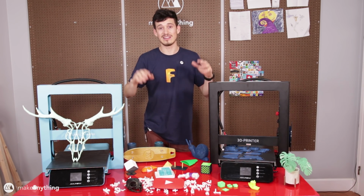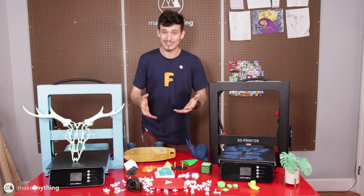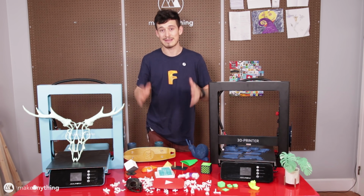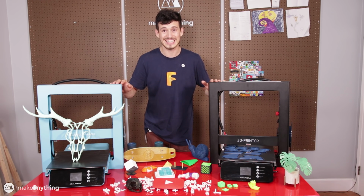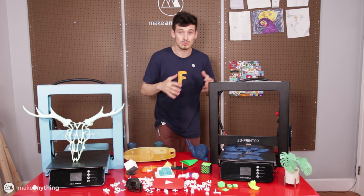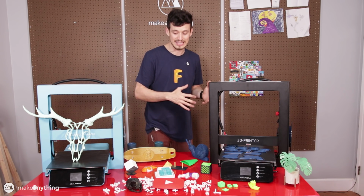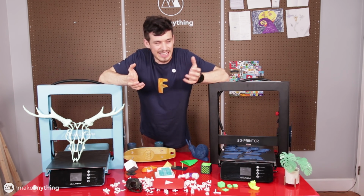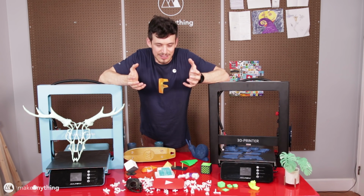Last year, we heard a lot about the CR10. You guys know I love the CR10. For the longest time, it was my most recommended printer. But I think this is going to take its place, because the CR10 is great, and I also really like the Anycubic i3 Mega. The JGAurora A5, it's like if the CR10 and the Anycubic i3 Mega grew up together